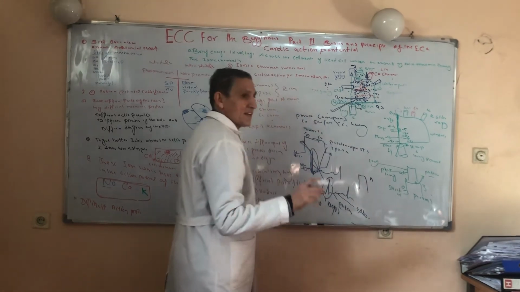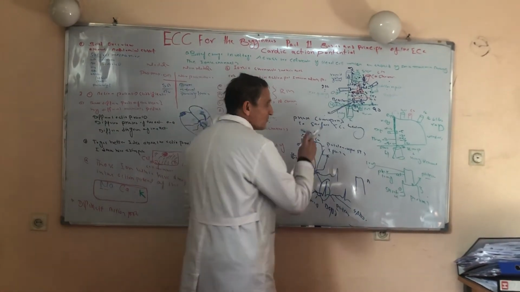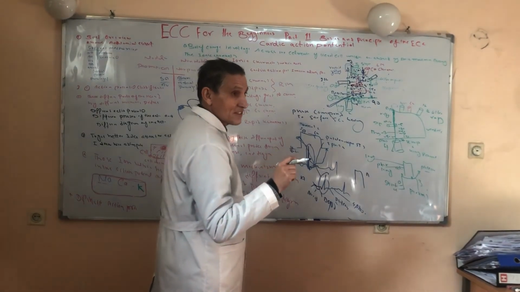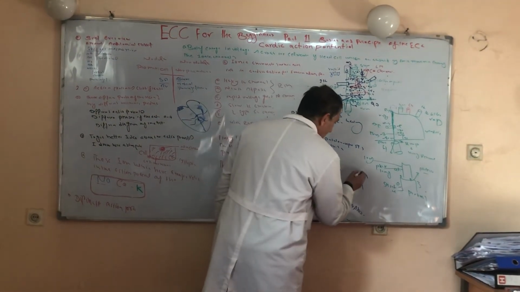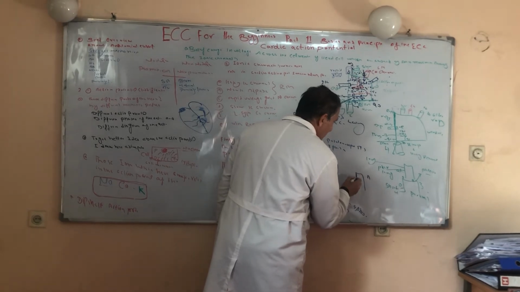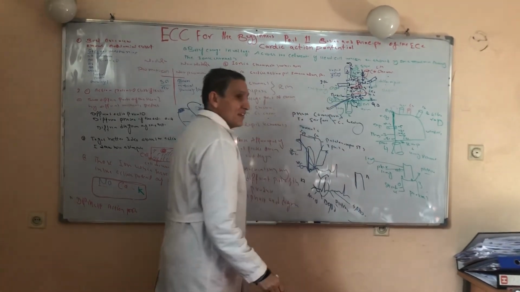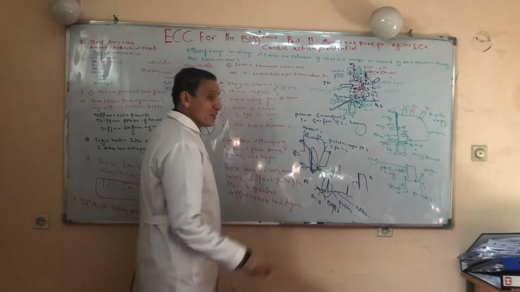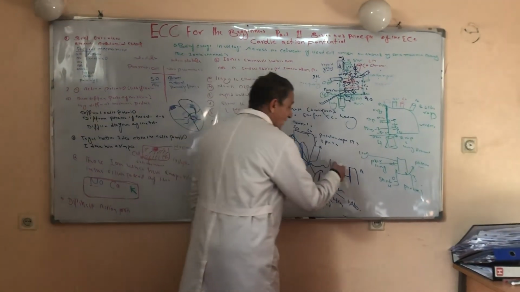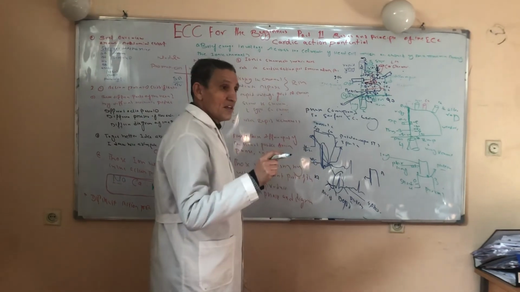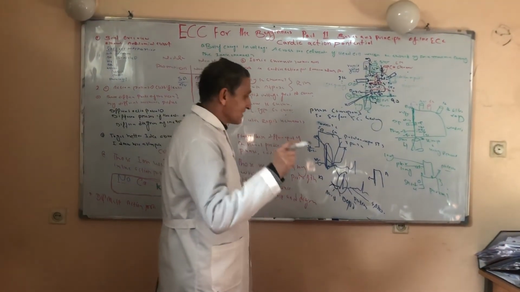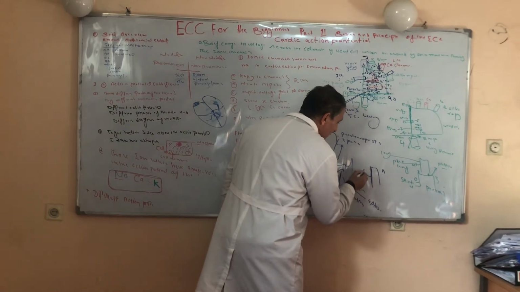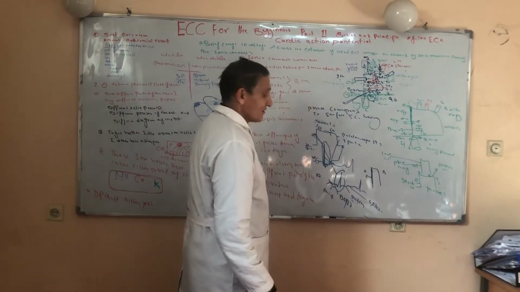They have a similar diagram, but there is a small difference between the action potential of the ventricular cell, atrial cells, and Purkinje fibers. In the atrium, this phase of depolarization is longer. Why is it longer? Because, as you remember, we told you the atrial tissue is conducted by a moderate conduction system. So this is why this zero phase in atrial tissue is longer. This is the one reason.